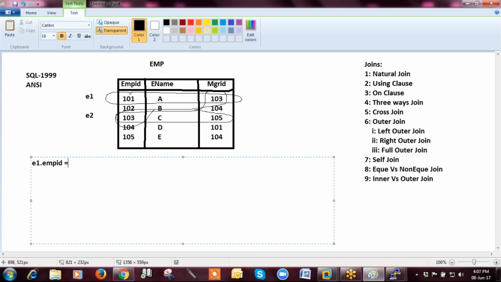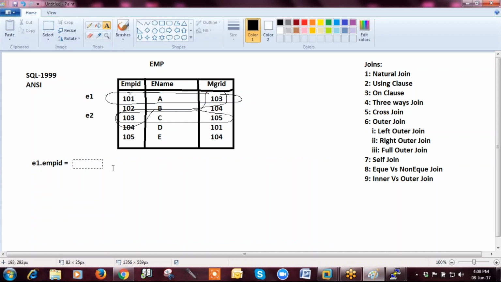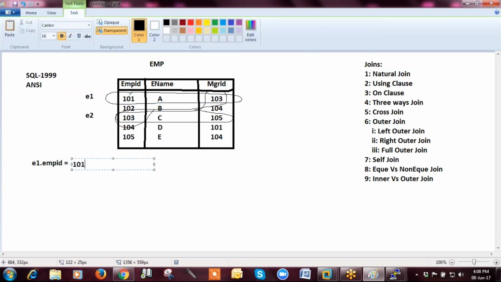When you refer to it the first time, you are referring to this row, 101.